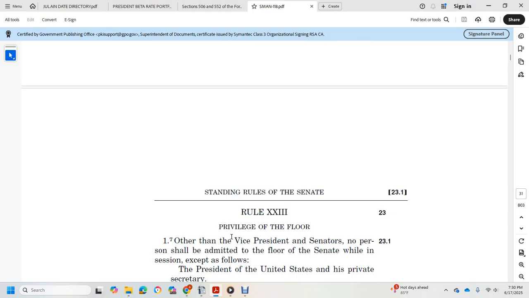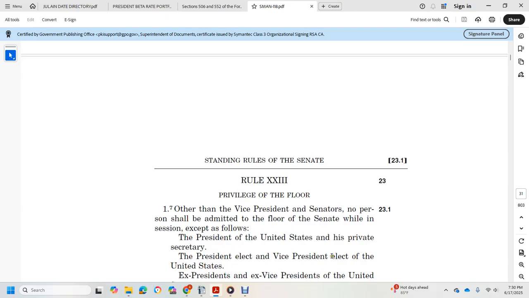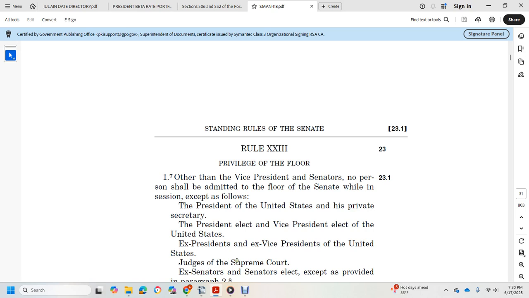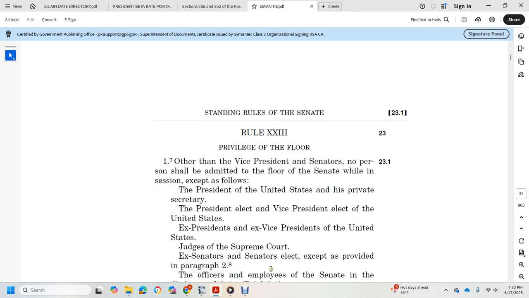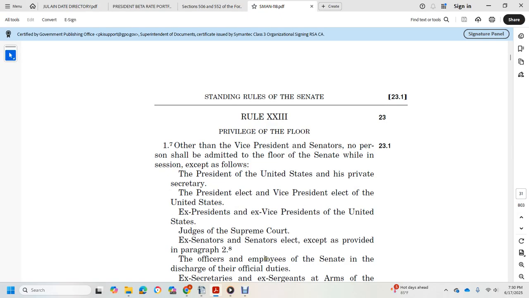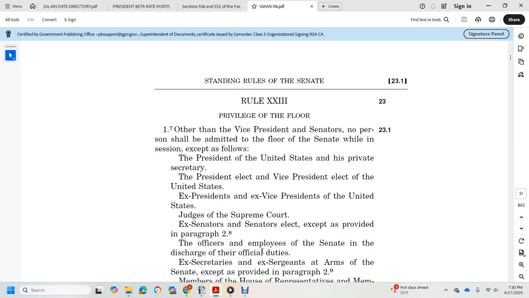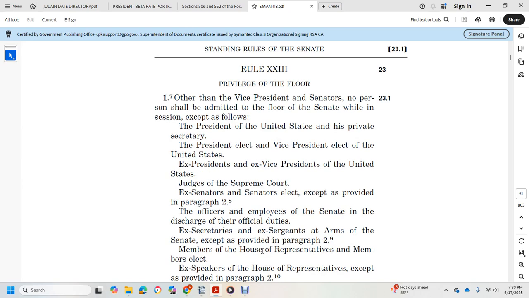Rule 23, Privilege of the Floor. Other than the Vice President and Senators, no person shall be admitted to the floor of the Senate while in session except the President of the United States and his private secretary, the President-elect, the Vice President-elect of the United States, ex-Presidents, ex-Vice Presidents of the United States, justices of the Supreme Court, ex-Senators and Senators-elect, except as provided in paragraph 2.8, officers and employees of the Senate in the discharge of their official duties, ex-secretaries, ex-sergeants at arms of the Senate, except as provided in paragraph 2.9,